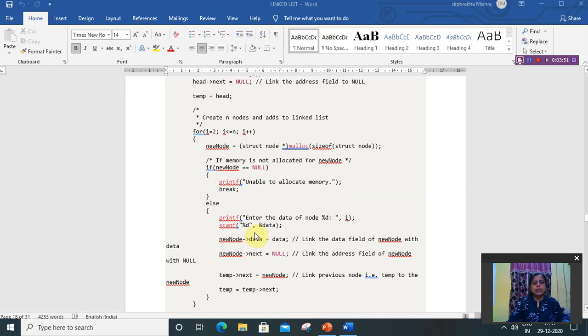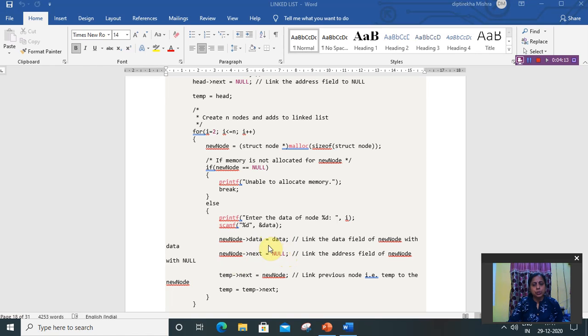Else it asks the user for the data, and new node data equal to data means in the new node data it will store the data, and in new node next, the address part of the new node, it will store null.